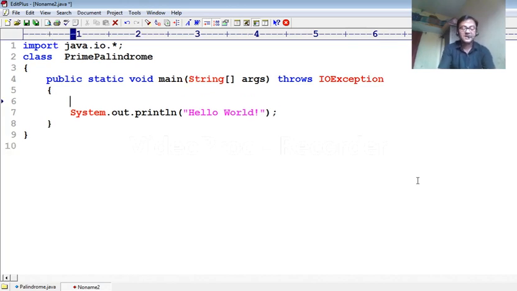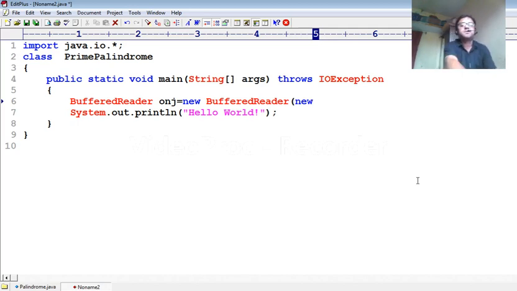After that, use the class for input purpose, BufferedReader, then the name of the object, like obj equal new BufferedReader, and then another class and need an object. That's why we're writing here a temporary object, because in BufferedReader I am using obj. Obj is the name of the object, but in InputStreamReader I am writing only new. New indicates that there is definitely an object, so there is no name of the object. This type of object is called a temporary object.